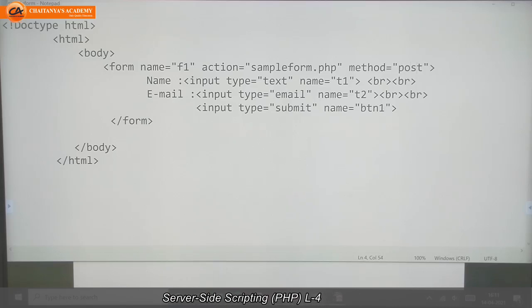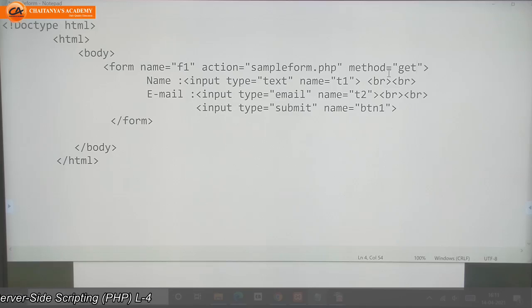We are going to see what the differences are. We'll go first with the get method. For that, I just need to write method equal to get. Otherwise, if I don't write it, it will take get by default. See, I'm not writing any method. We will check what is happening there.